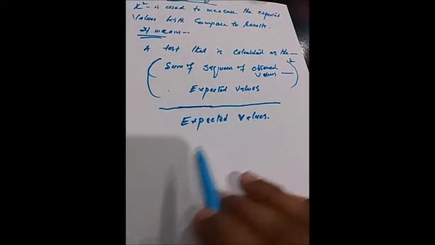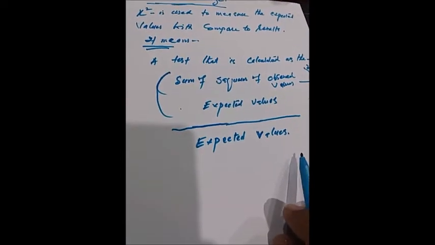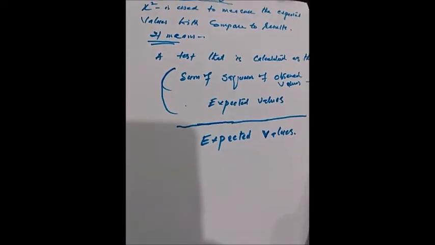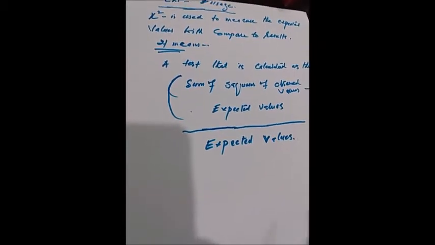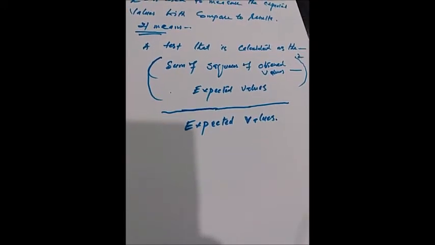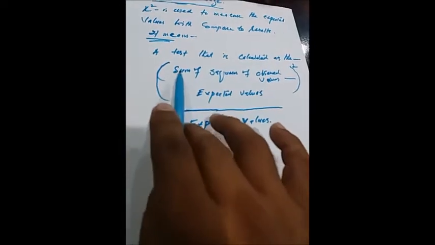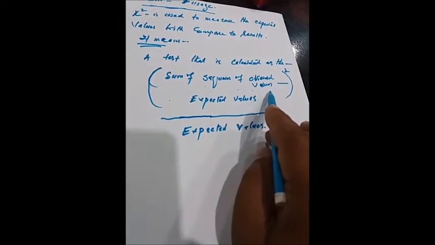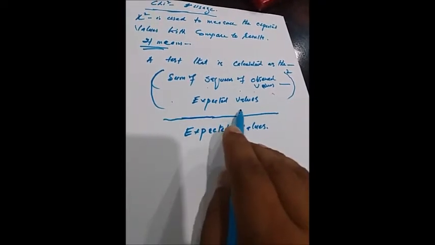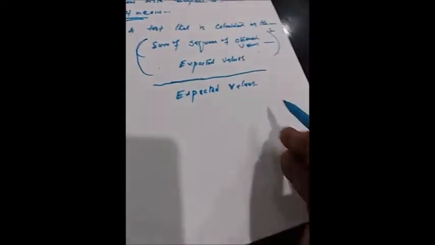So in this lecture we will discuss the chi-square goodness of fit test, the test which depends upon a single variable. That data is nominal type data, and a non-parametric test is used, the chi-square test. So this is a general formula of the chi-square test, calculated as the sum of the squares of observed values minus expected values whole square divided by expected values, which mathematically we can express as